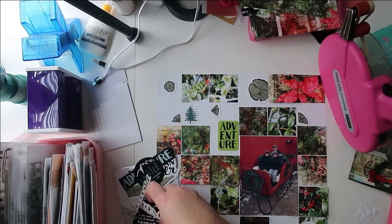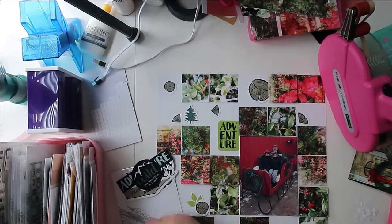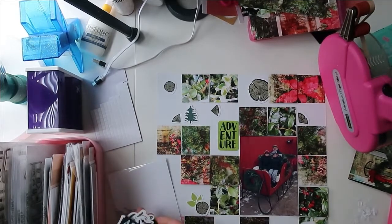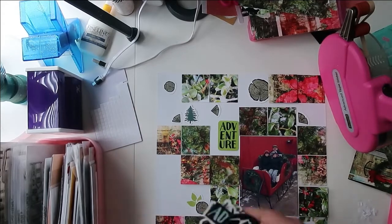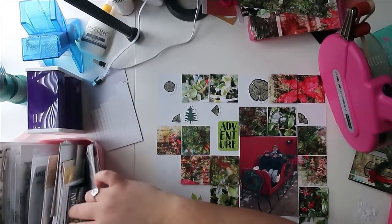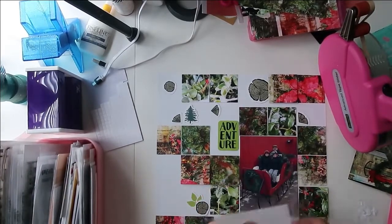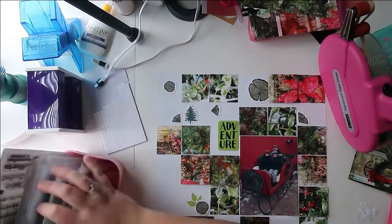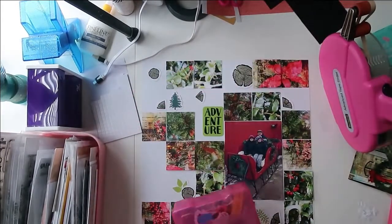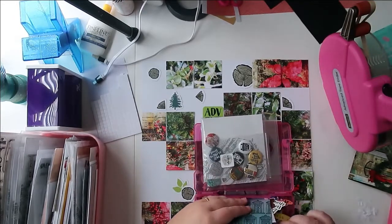And so I wanted to make sure that I kept a lot of white space so that those greens and reds really had something to contrast with and pop and make them look even brighter. But I didn't want it to look like a maze, like a Pac-Man maze or anything like that. So to fill up some of the white space but still keep it looking fairly neutral, I went